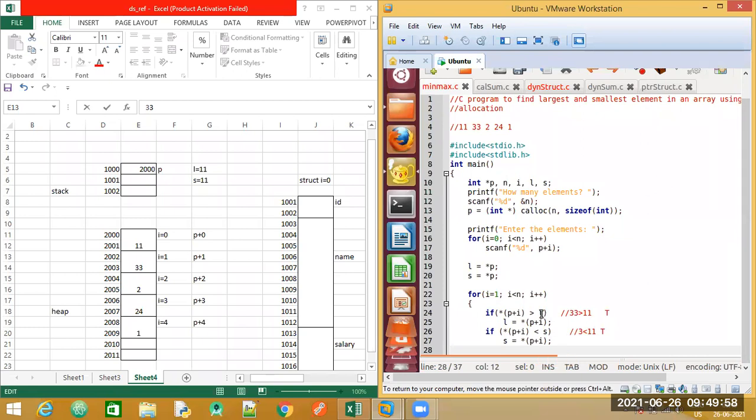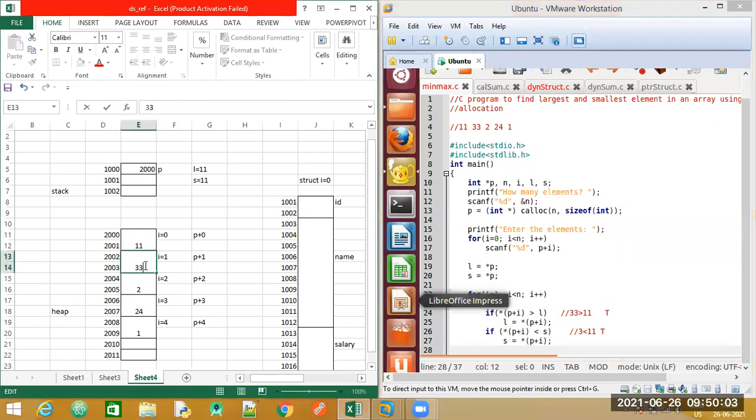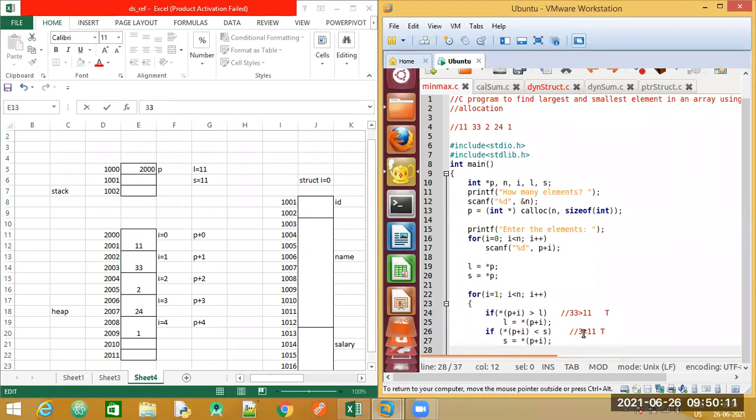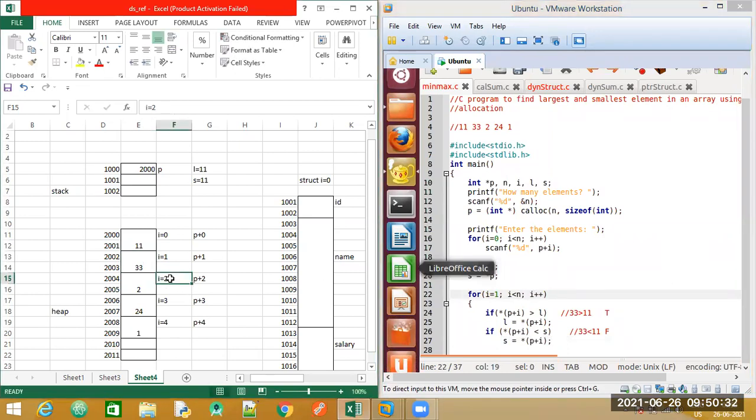The logic is only this much, these 4 set of statements here. So for the first iteration, we are at this position and we have found out about the largest value. Let us do this for the smallest element now. Let us try to compare 33 if it is less than 11. So the condition becomes false here. So if this is false, it means we need not execute this. If it is false, we need not go inside our if condition. So we will increment and now the value of I becomes 2.